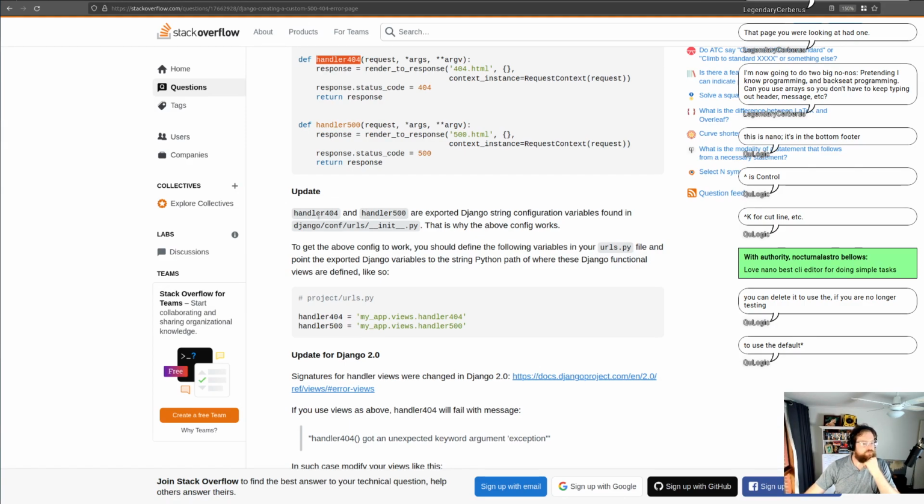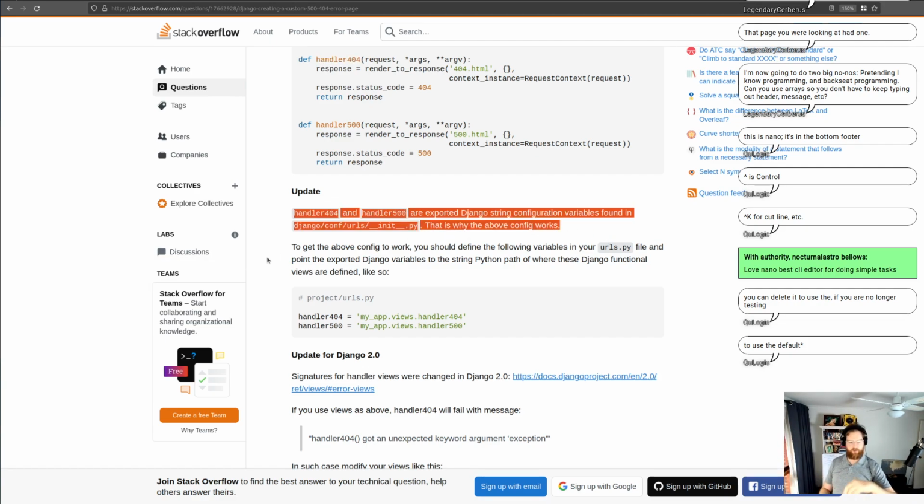The 404 and error handlers are exported Django string variables. That's why the above config works. To get the above config to work, you should define the following variables in your URLs and point the exported